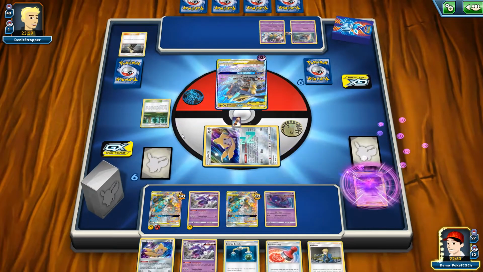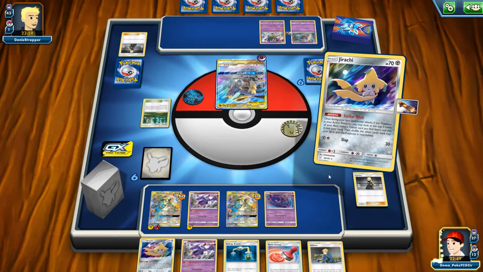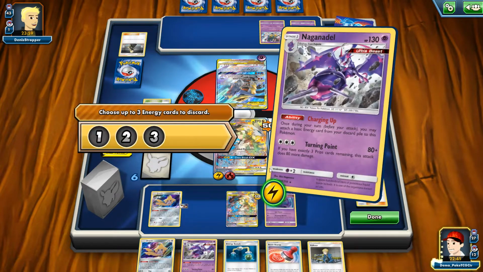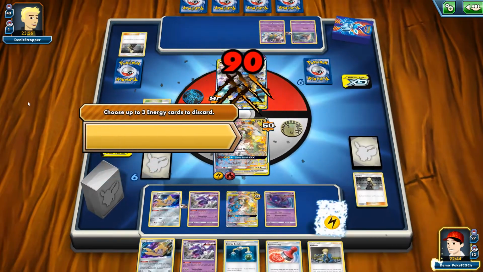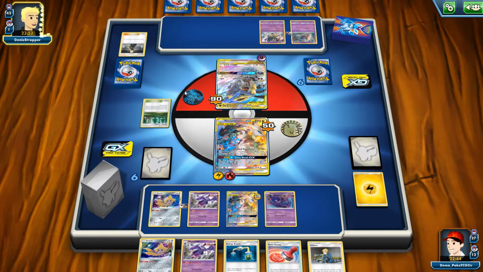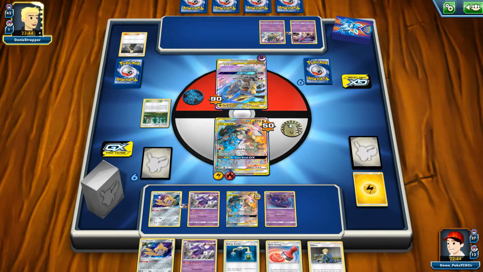But it doesn't matter too much, because I can just retreat and hit for 90. So hitting for 90 is better than nothing. The next turn I can go for 180. And that should be enough for the knockout against that Garchomp and Giratina. So overall, we are in a very good position right now. If my opponent plays some type of switch option,